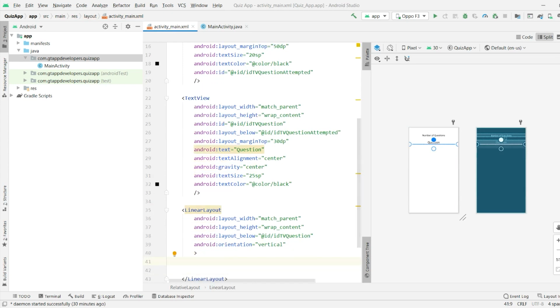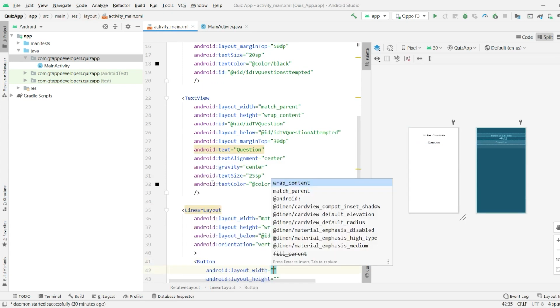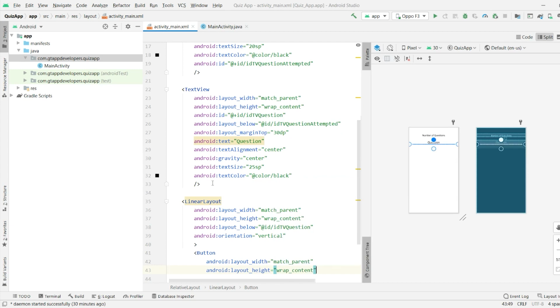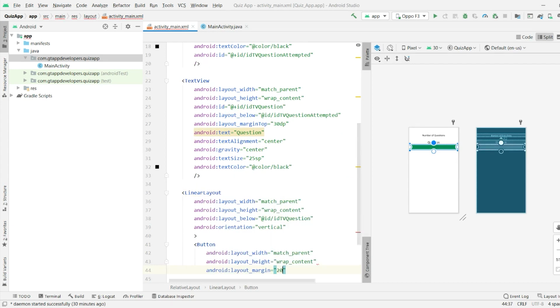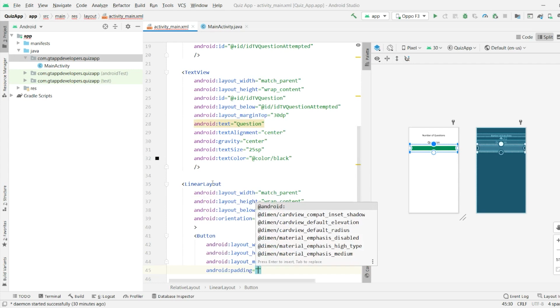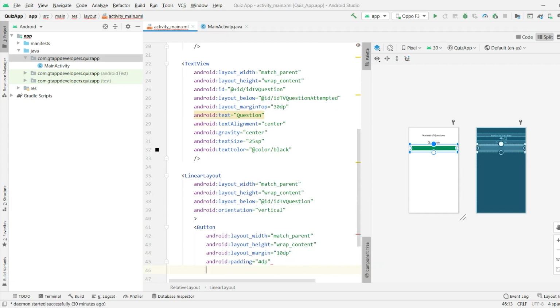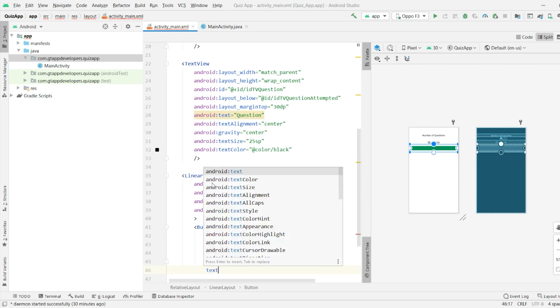Now inside this, we will be creating 4 buttons. Specify width as match parent, height wrap content. We will specify margin. So this will specify margin from all sides. Padding is used to specify margin from the inner edge. We will specify text as option 1.